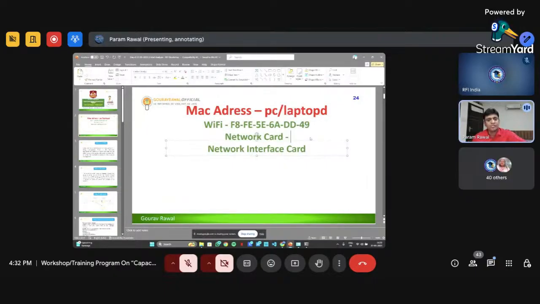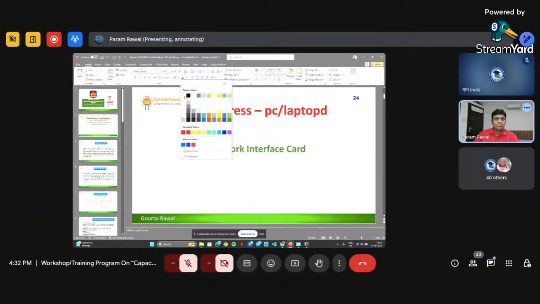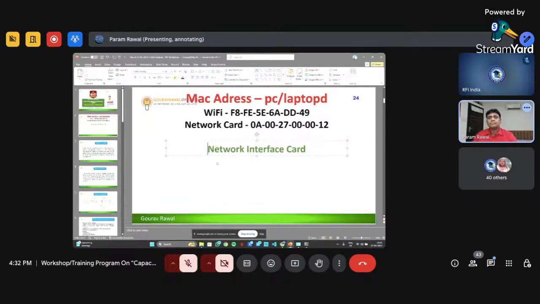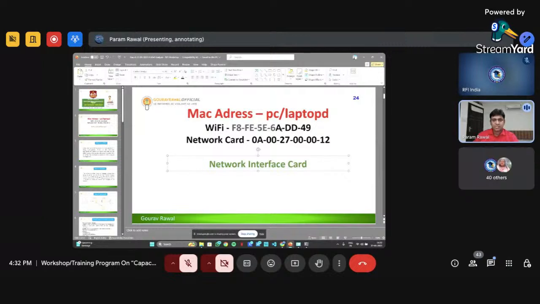So it has a different physical address. So in my PC, there is one physical address for Wi-Fi and one physical address for the local area network card.